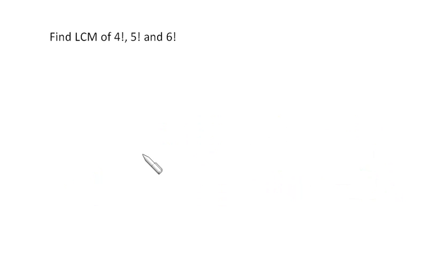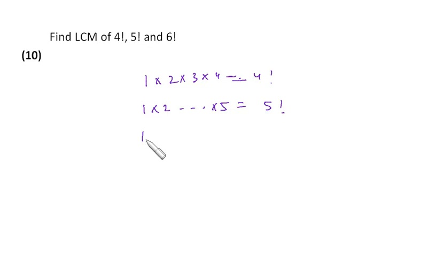Now here we have to find out the LCM of 4 factorial, 5 factorial and 6 factorial. Now what's 4 factorial? It's 1 into 2 into 3 into 4, right? 1 into 2 till 5, it is 5 factorial, and 1 into 2 into 3 into 4 into 5 into 6, that is 6 factorial. Now just see over here,